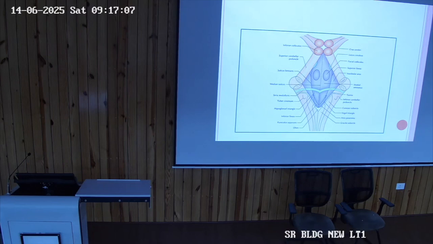Can you identify these green colored fibers? These are the stria medullaris, which are very much visible, and they separate the pons from the medulla. So we can say that in the floor, in the upper part there is pons, in the intermediate part there is the pontomedullary junction, and below this stria medullaris is the medullary part. So this way it is separated.